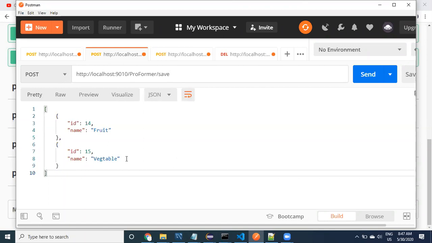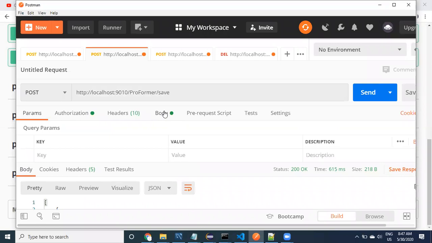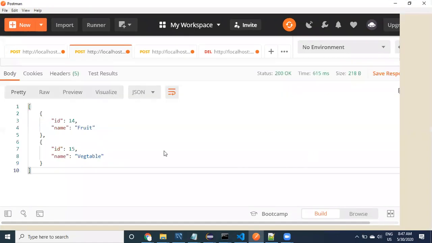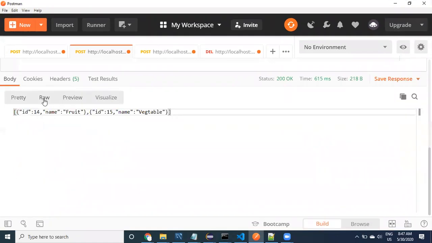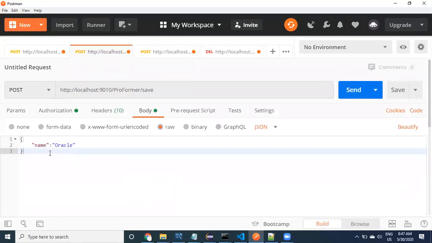Then select the post. It's already post, and then go to the body. Click on body. Here in the body, you may select raw, or you can select anything, like this, and then remove the data which is already available. Oh, sorry, this is the one.